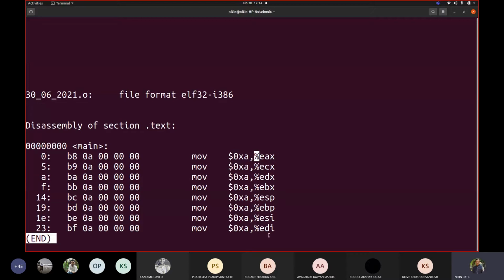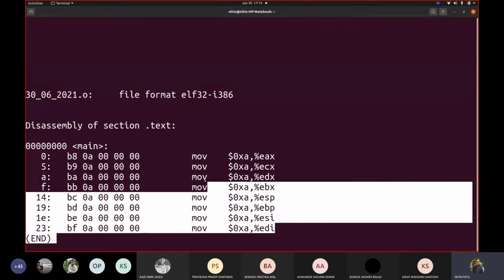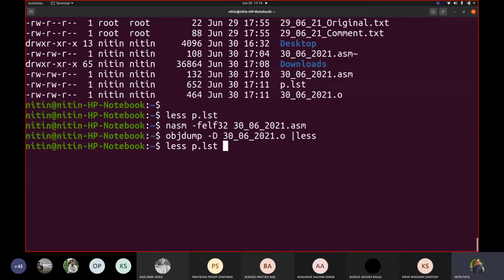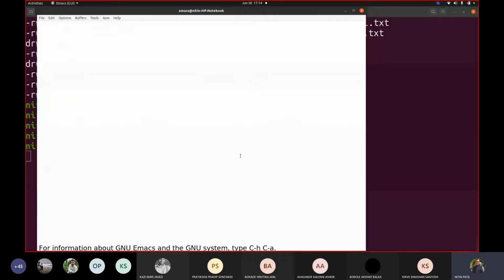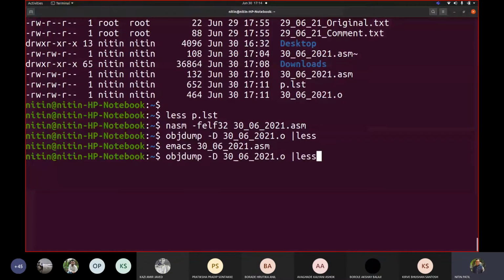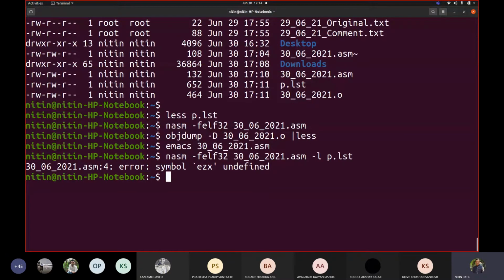So when we talk about creating object code from our source, we definitely need to differentiate between the operand types too. Now how exactly does it understand that this EAX is a register and not a number? Let me make a small change in my code. Instead of EAX, I will write EZX. Now let us see what it does. If I try to translate with -l p.lst, it says symbol EZX is undefined. Now it is assuming that this might be a variable that you are trying to use to represent some location.